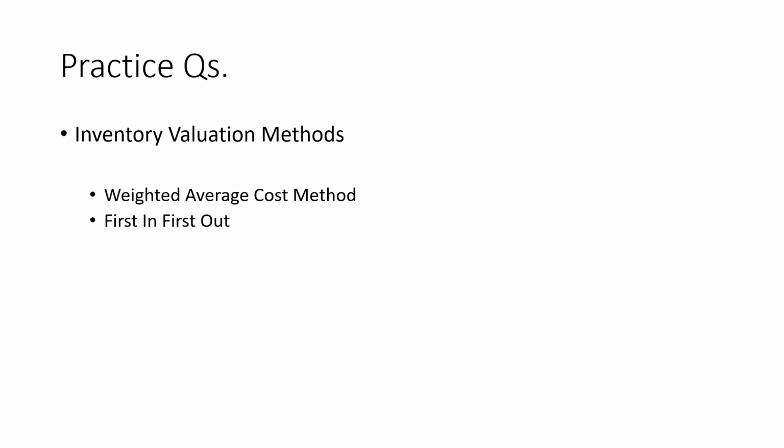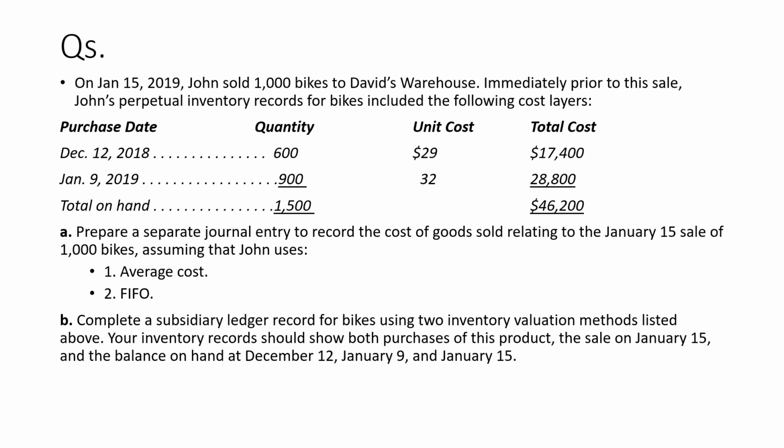So we'll go to the slide that has a question. You can see the question on the screen. The question is that on January 15, 2019, John sold 1,000 bikes to David's warehouse, and immediately prior to this sale, John's perpetual inventory records for bikes included the following cost layers. December 12, 2018,